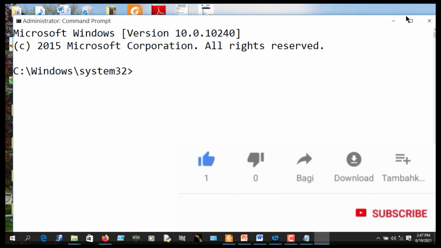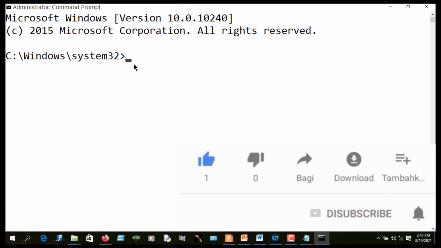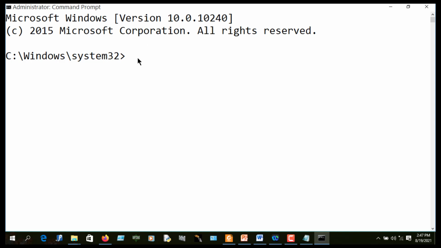Now at the interface of the Windows command prompt, there are several commands that you have to type in, but you can check out the description. I'm going to put the list of commands that you need to key in to get connected over the command line interface. The first command you're going to type in is the network show command,